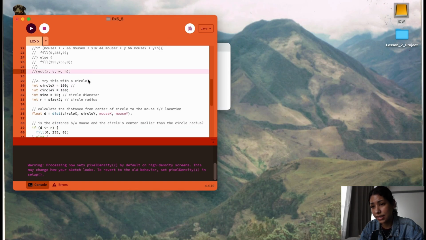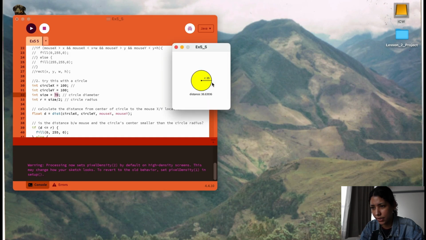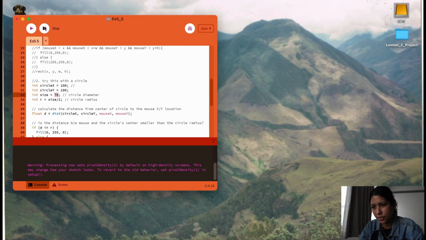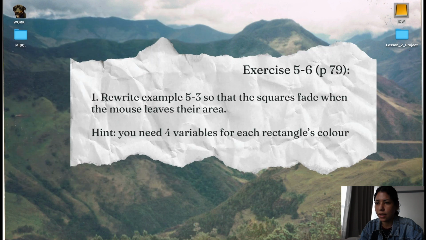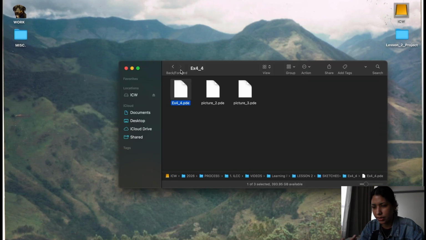And if that distance is greater than the radius of the circle, which is half of the diameter, then that means the mouse is outside of the circle. And when the distance is less than the radius of the circle, that means the mouse is inside, and that circle will turn green. And then the next exercise I did was exercise 5-6, which is another rollover, but with